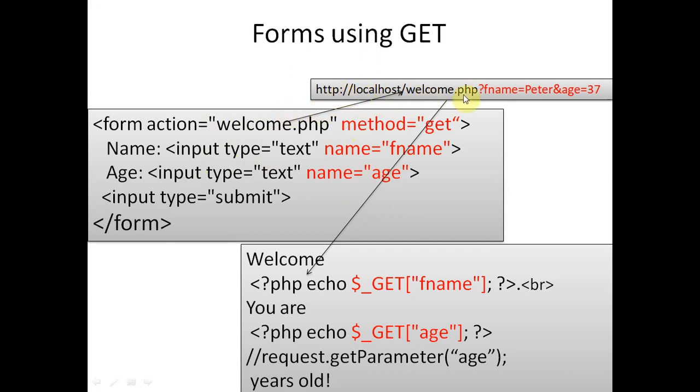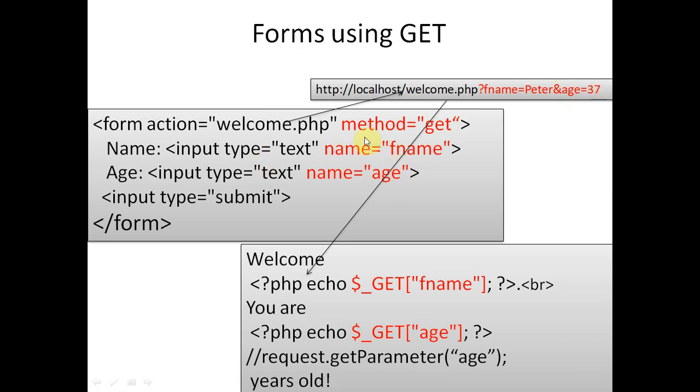So this is localhost welcome.php, but we have mentioned here method get. I have already told you that get is not more secure than the post method. In the case of the get method, these name and text box values will be transferred here. When we execute this program, it will activate welcome.php, but at the same time after welcome.php and after the question mark, it will display this variable name as well as the second variable, age. Name equals Peter, age equals 37.